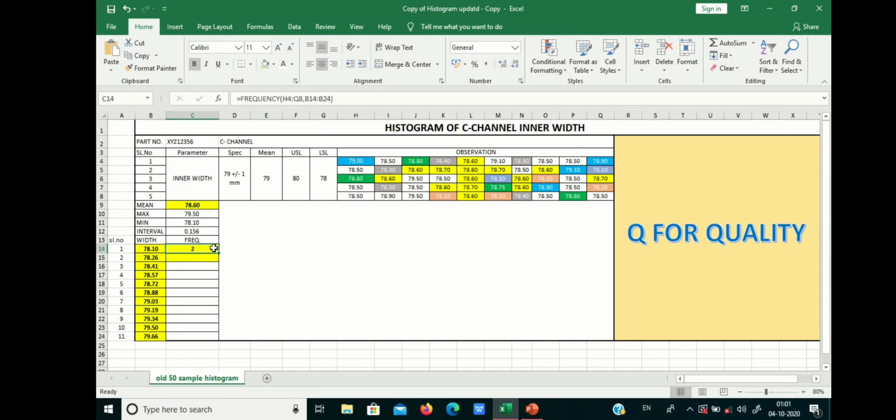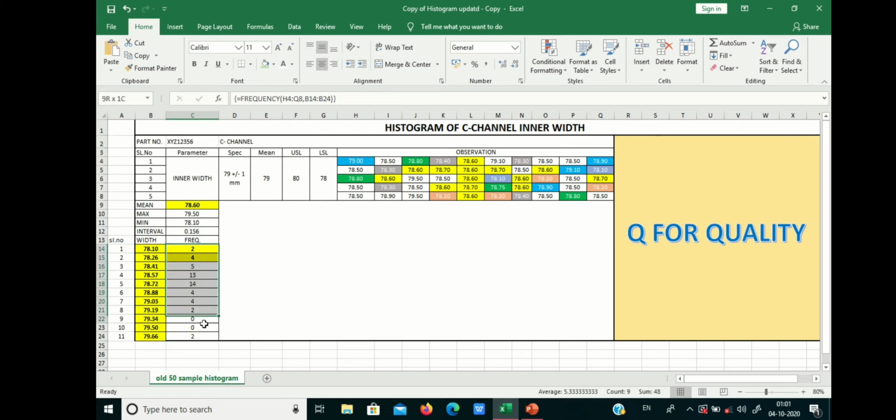Now we have to calculate from serial number 1 to 11. Select all these cells, Control Shift Enter. So our frequencies are 2, 4, 5, 13, 14. These are our frequencies. Now we have to draw the histogram.